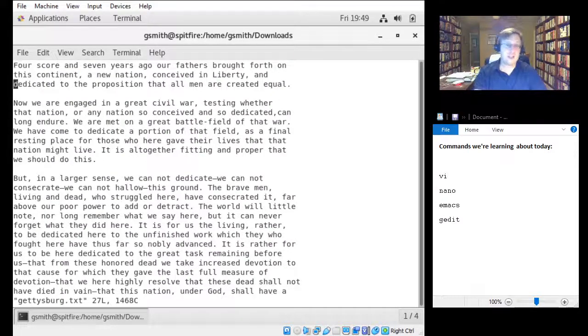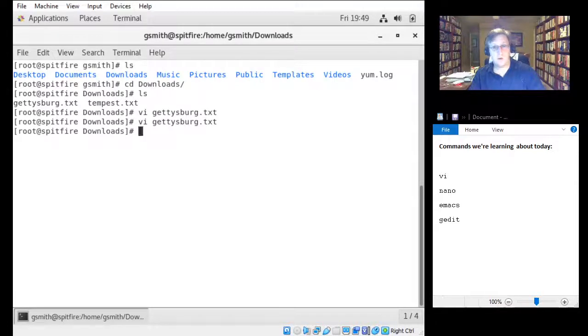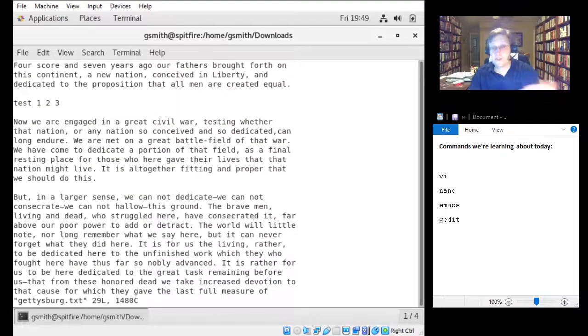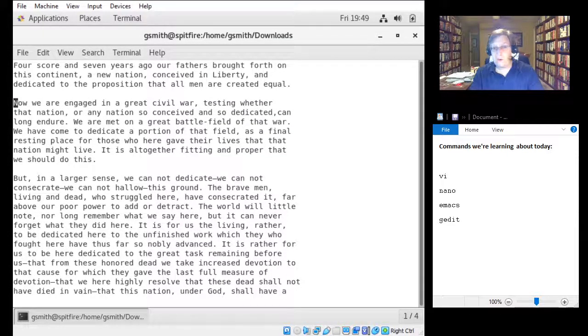If I've made a change here and I want to save that change, what I'm going to do is tell it W for write, and then W and then Q for quit. All right. So then if I go back into it, you can see that it has kept my change. It still says test 1, 2, 3, which is not really something that we actually wanted to see. So what I could do is if I hit DD and then DD again, we're now back to our original